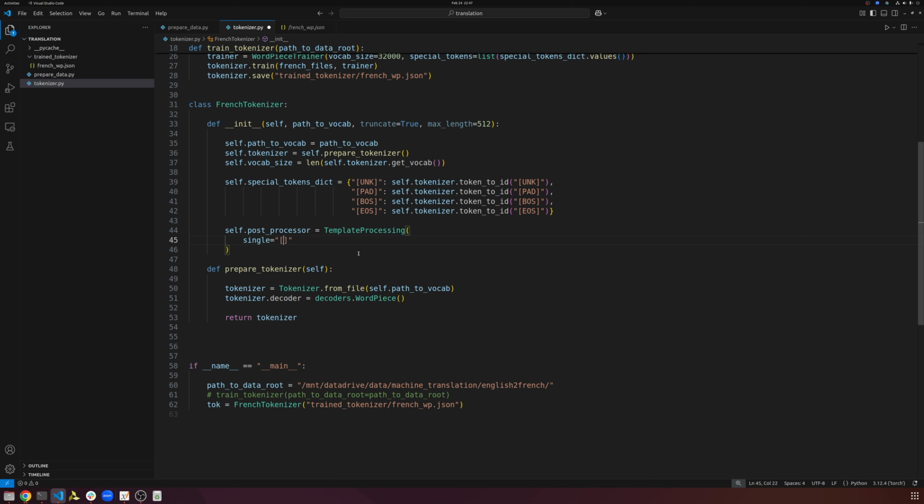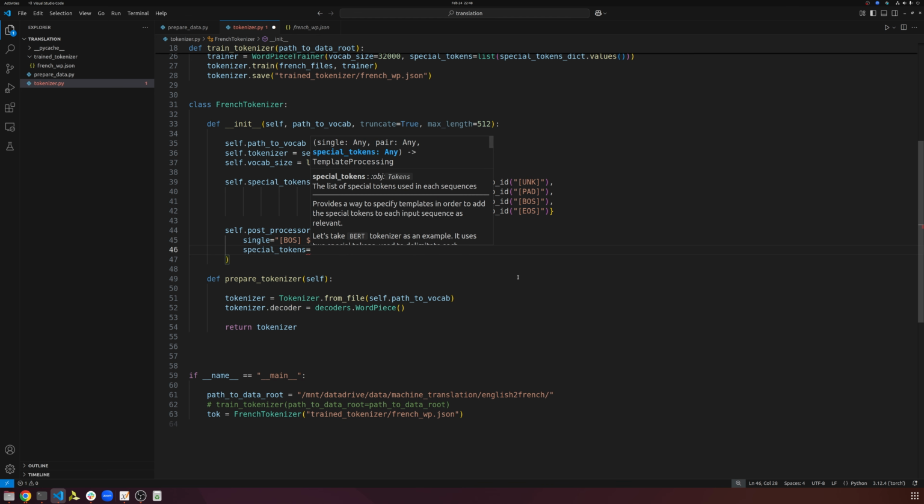So we are doing single, and we're going to start it with BOS. We're going to do $A, which is the indicator for single. A is our text, the actual text that we're working with. And then we can do EOS, end of sentence. So we just want to take A and prepend it with BOS and append it with EOS. Beginning of sentence, end of sentence. And we just have to let it know that special tokens is equal to